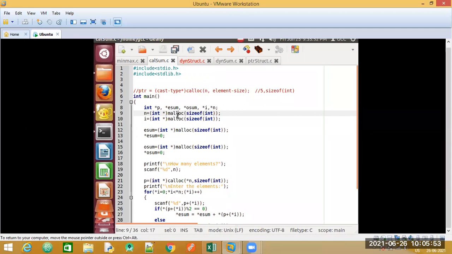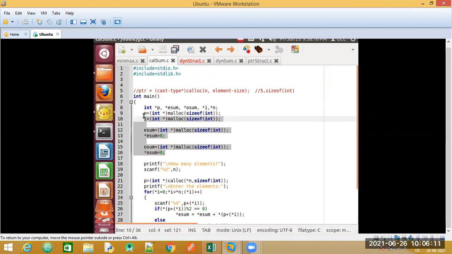You can remember this as an extra knowledge part, that all the variables here are now pointer variables. They are no more static, and each of these variables has been initialized to dynamic memory allocation. So these statements are all dynamic memory allocations, even this one.